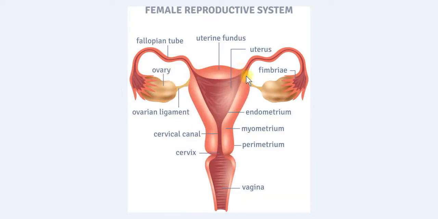As for the shape, the uterus is pyriform, approximately 3 inches long, 2 inches broad and 1 inch thick, and weighs about 30 to 40 grams. The main portion of the uterus can be divided into two parts: the upper 2/3 portion is the body, while the lower 1/3 portion is the cervix.